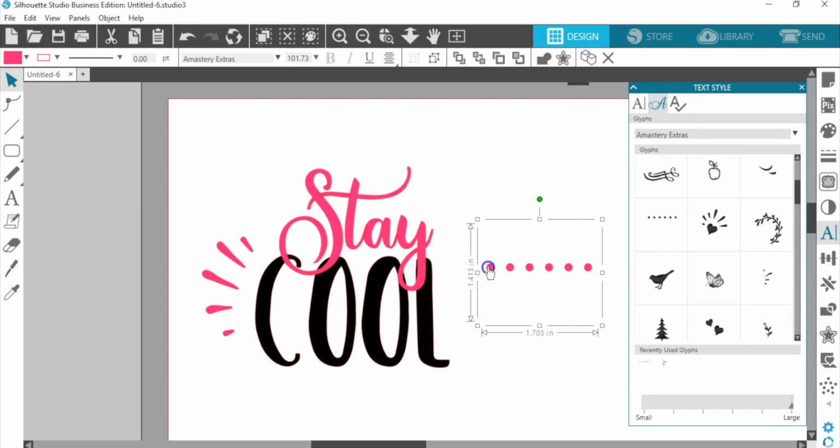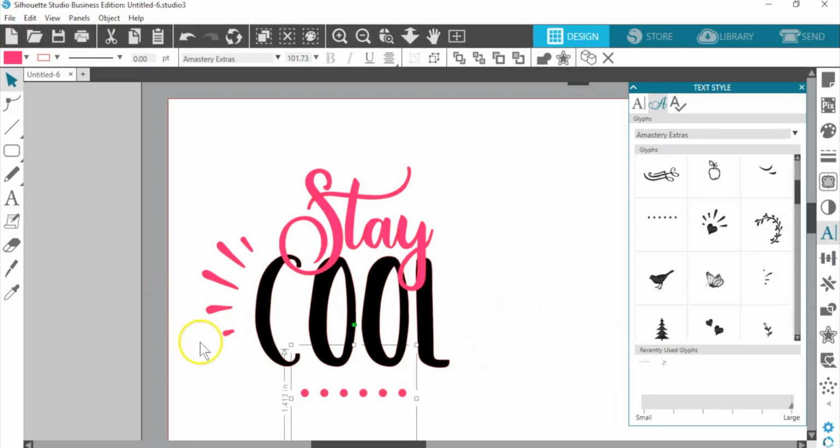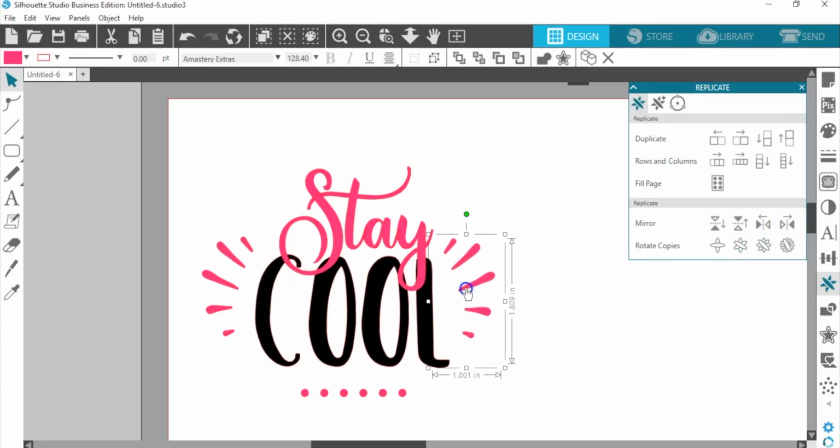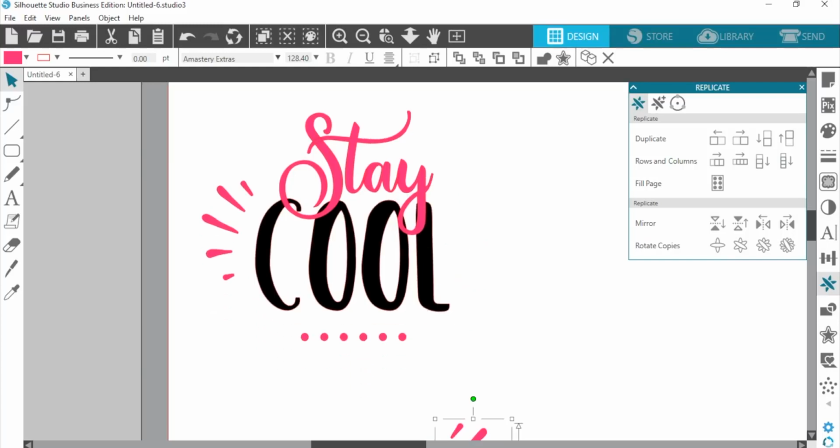All right, so the splash mark, I'm going to replicate it by mirroring a copy. So I'm going to open my replicate panel and choose mirror right. And then I'll just drag it over here to the other side of my design.